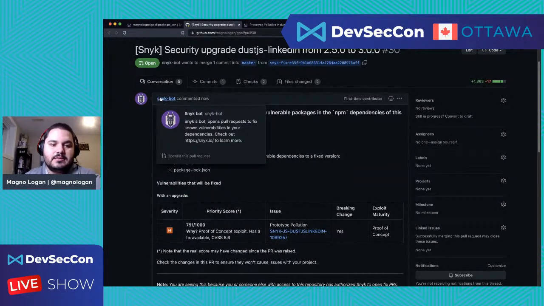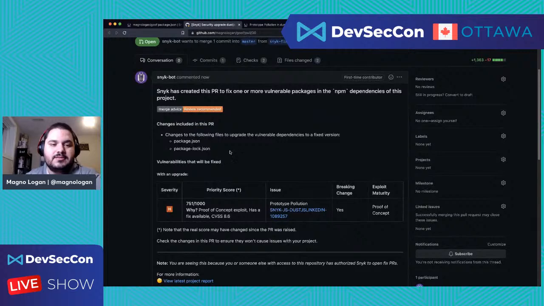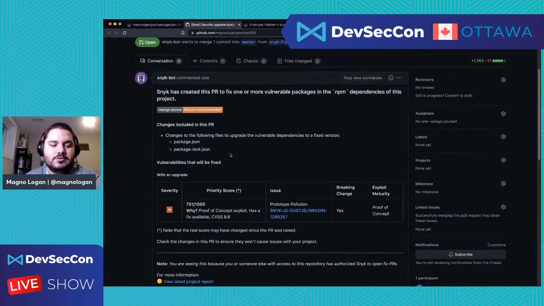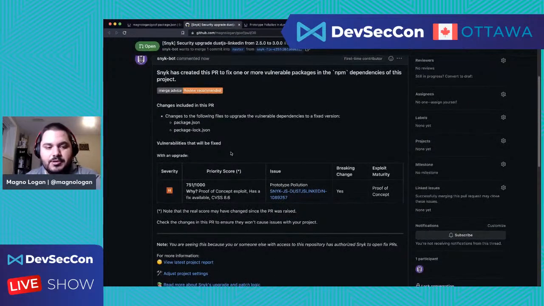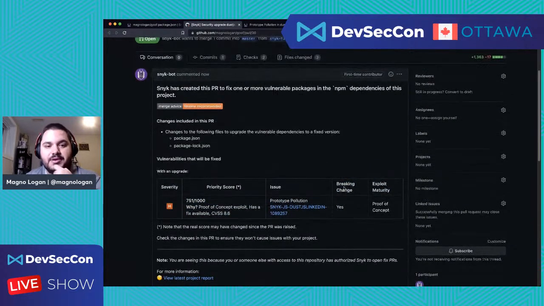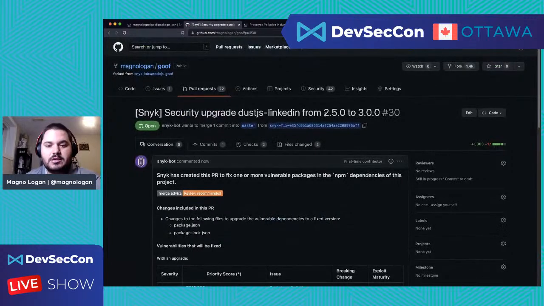So it's done by the Snyk bot, which is the name of the user that Snyk uses to update those libraries. And it basically shows the changes or the files that are going to change and the library that's going to change, right? And what's interesting here is that this is a breaking change, right? It shows here that this might break your application because you're going from 2.5 to 3.0, right?